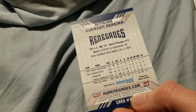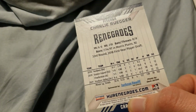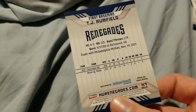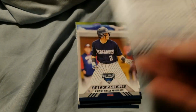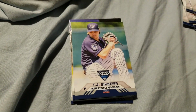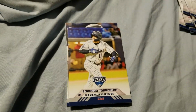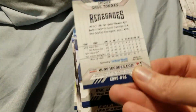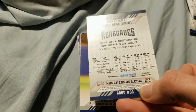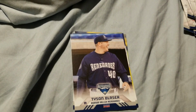Everson Pereira, Christian Perez, Charlie Ruger, TJ Rumfield, Adonis Sanchez, Matt Sauer, Anthony Siegler, TJ Sikkema, Leaf Strom, Trey Sweeney, Eduardo Torrealba, Saul Torres, Eric Wagaman, Beck Way, Austin Wells,